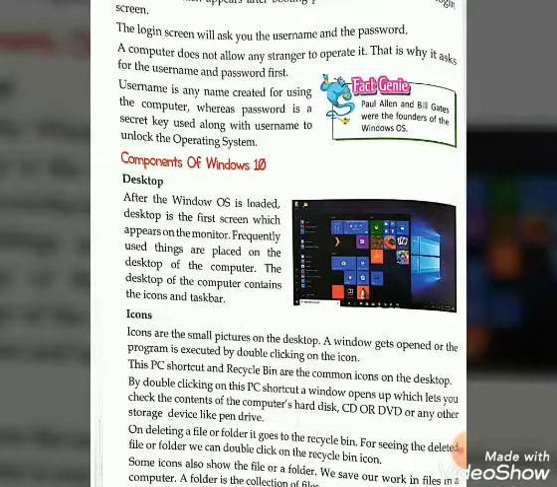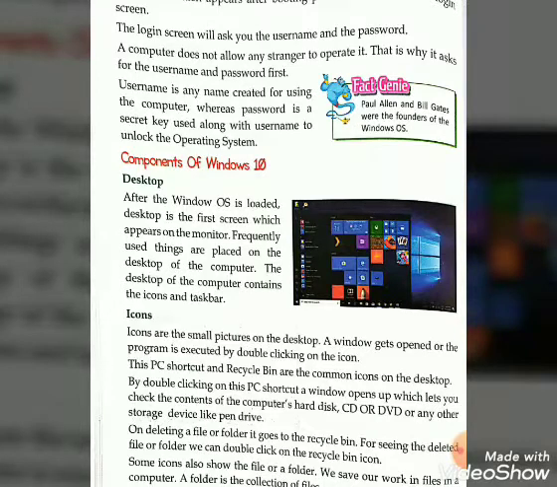So when you double click the PC shortcut, a window opens and that will let you check the content of the computer hard disk, CD, DVD or any other storage device, for example a pen drive.